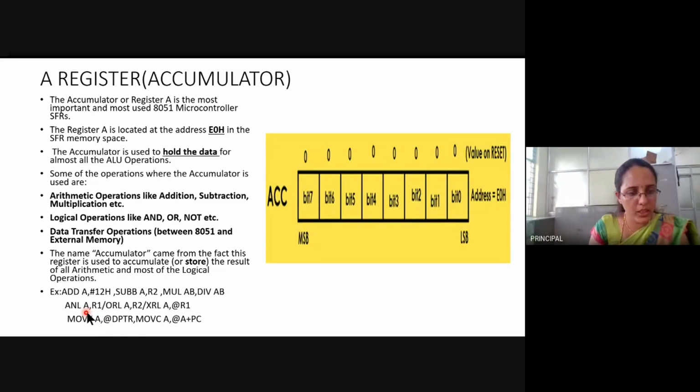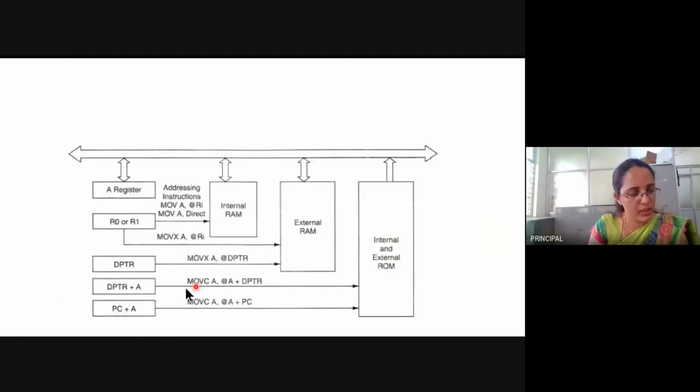In logic instructions like ANL, ORL, and XRL, these instructions use the accumulator, and most logic operations will have A as the destination. Then to access external memory, for data transfer instructions, we make use of MOVX A, @DPTR and MOVC.